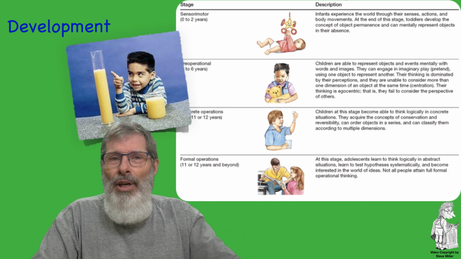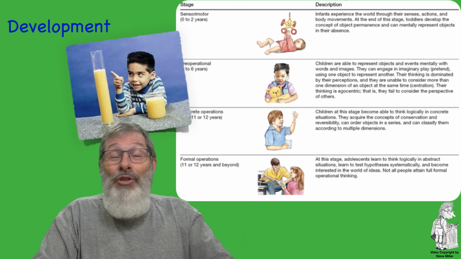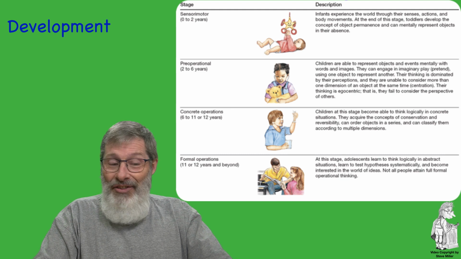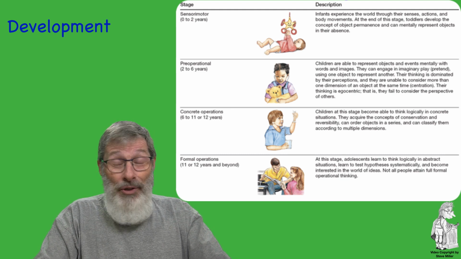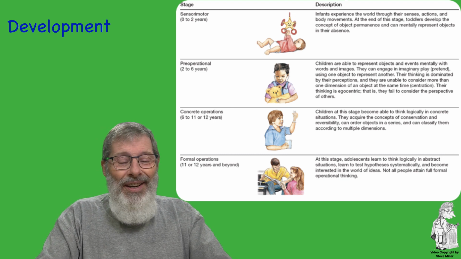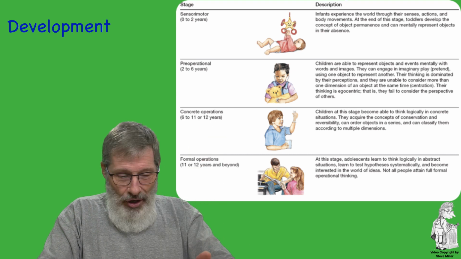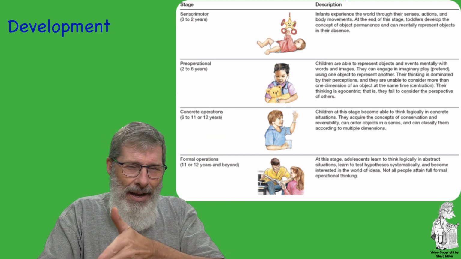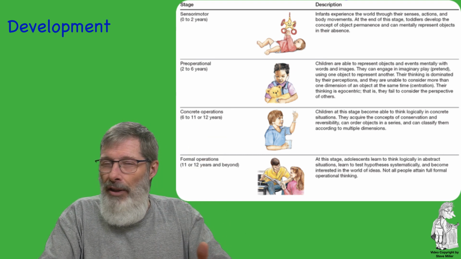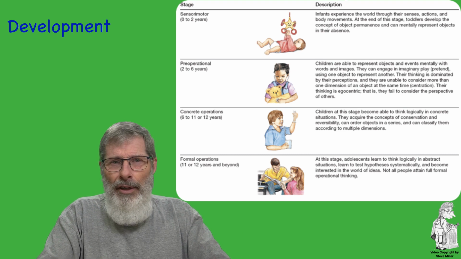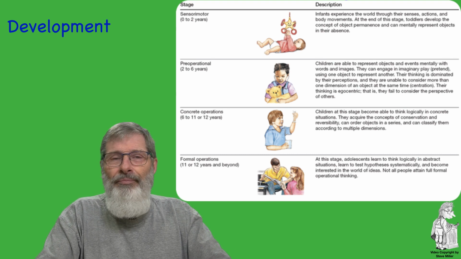It appears bigger. But children who are past that stage, and they could be the same age children, you'll see this in a grade 1-2 class, some students will tell you the tall one. The students that have passed this stage will recognize that they hold the same amount of fluid. They just have different shapes.